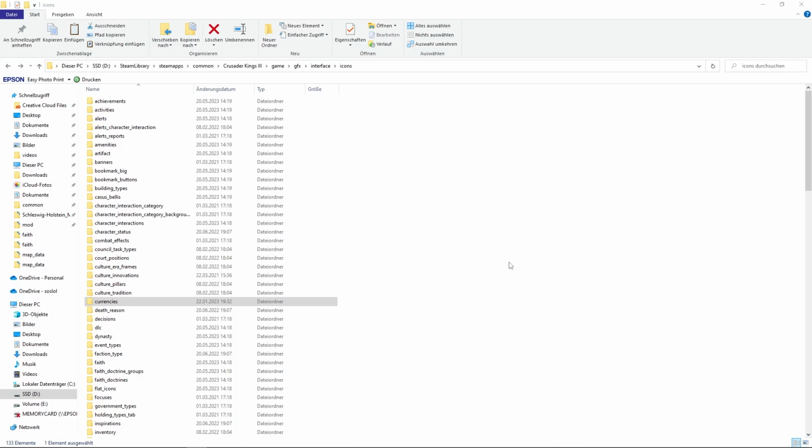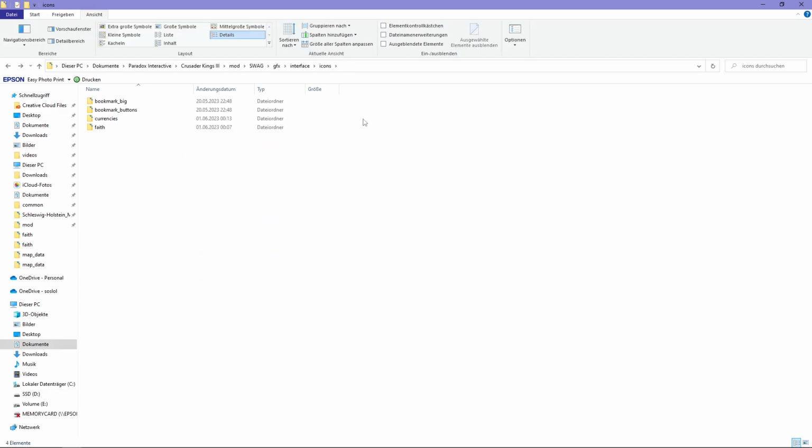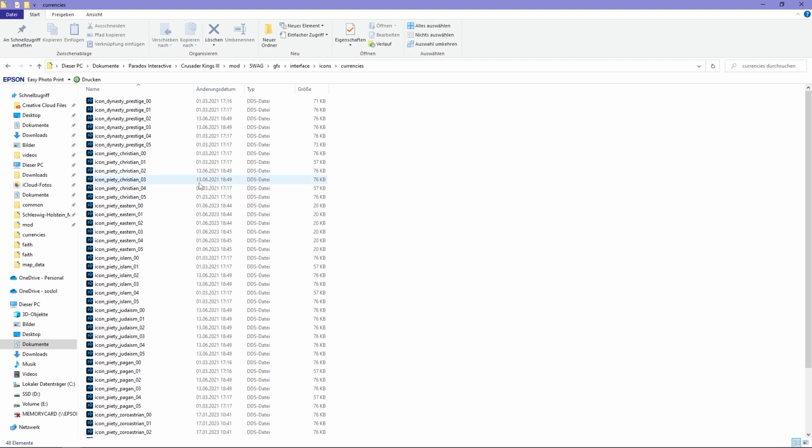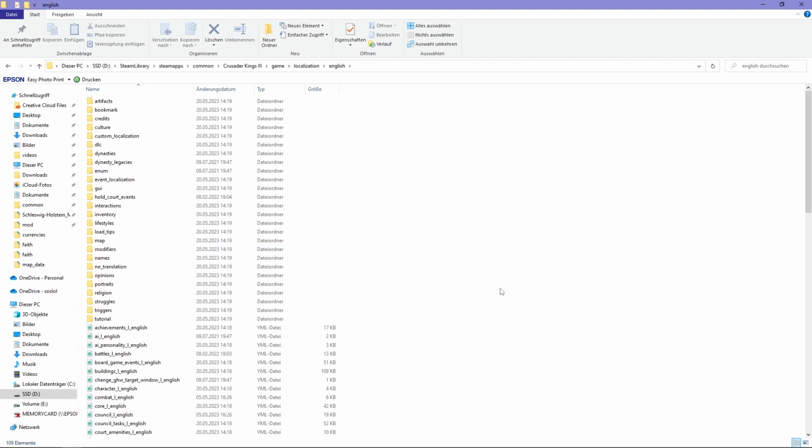Now the folder you need to copy from your base game is the currencies folder, also located in the icons folder. So just copy this and paste it in your icons folder from your mod. We would have to edit the Eastern piety icons right here in Photoshop and save them the same way we saved our icon. Now for this next part, we once again have to copy something from our base game, which